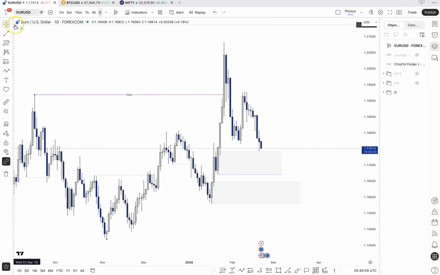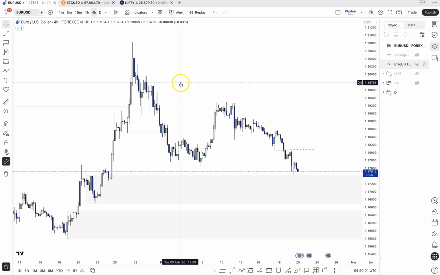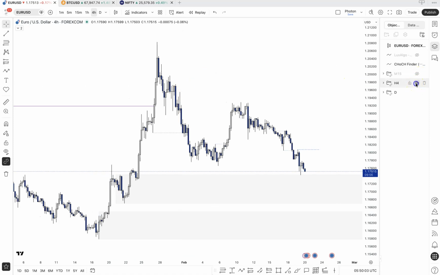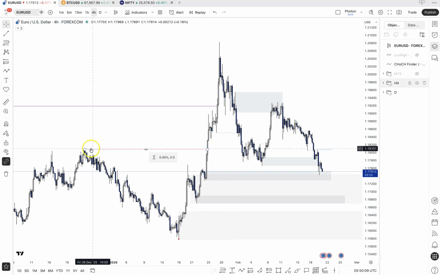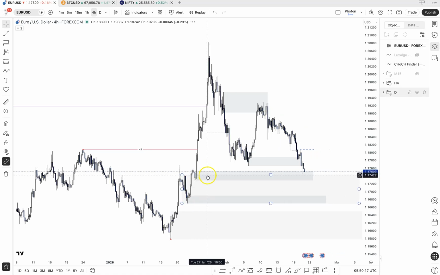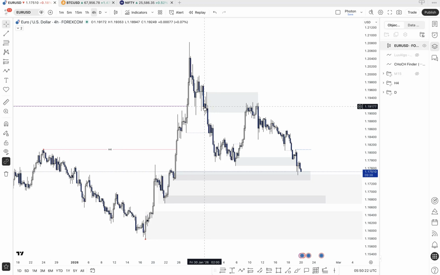Moving on to the 4-hour time frame. The 4-hour is also obviously, the overall swing structure is bullish. Why? Because we had a break of market structure here. This high was taken out from somewhere here. So anywhere here could be the strong demand zone which led to this break. And after a break in market structure, we've had a very long extension over here, and now the pullback is in progress.